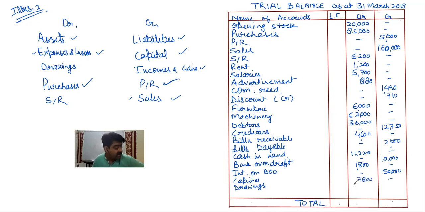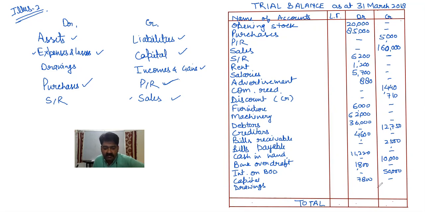After that, we have input CGST, input SGST, output CGST, and output SGST. So input CGST and input SGST are our payments. We are paying this amount. So input CGST and input SGST will be treated as assets. So that is why the amount of these two things will come in the debit side, and the amount of output CGST and output SGST will come in the credit side because it will be treated as a liability.